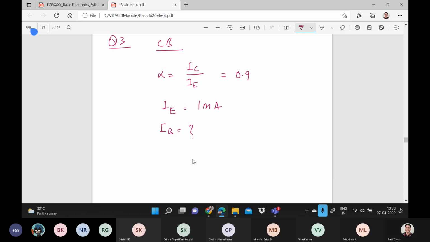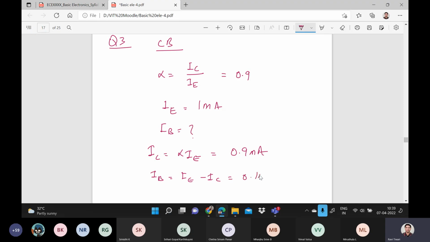Try on your own. Yes, correct. So IC is equals to alpha IE. From there you can get the value of 0.9 milliamps. And if you substitute it here, you will get IB is equals to IE minus IC, and by that you will get